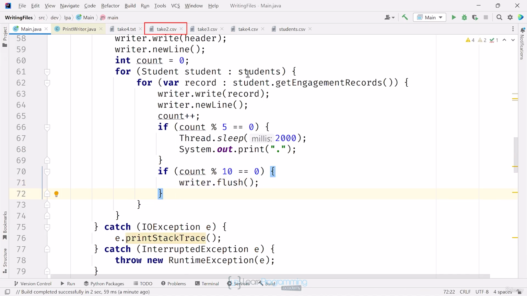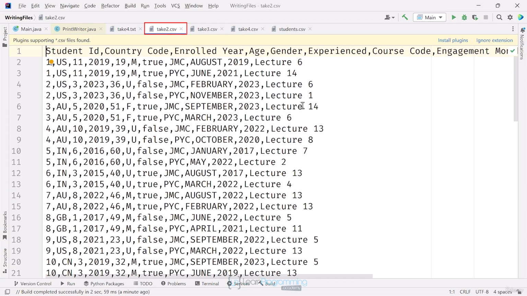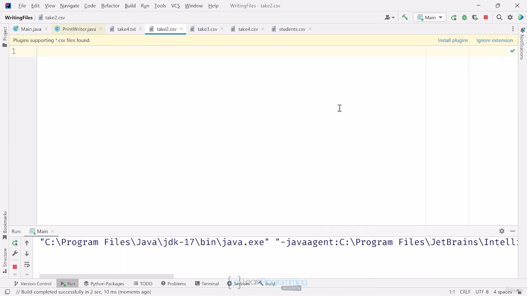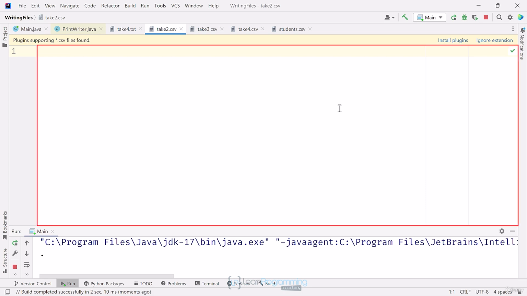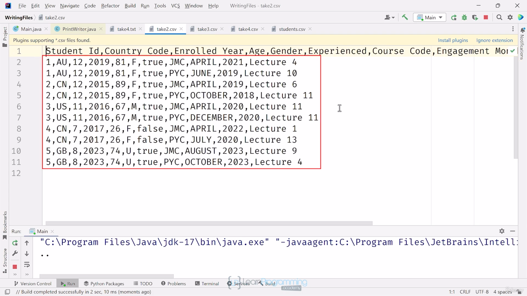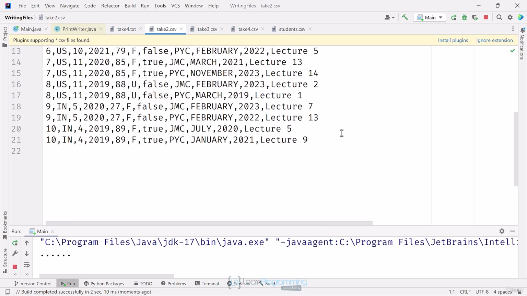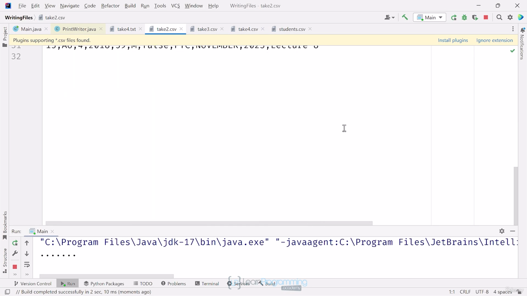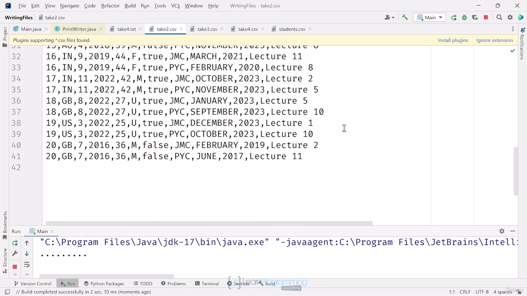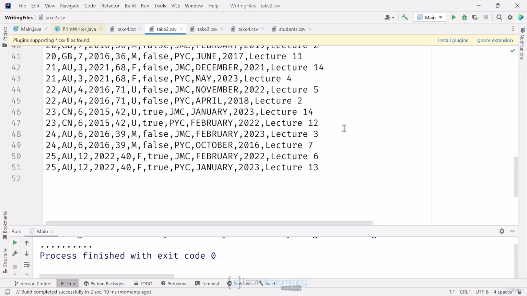I'll save this code. I'll open the take2.csv file again. I'll start execution on my main method while I have this in view. I'll start pressing Ctrl+Y regularly. Like before, I'll first see all the text that was there get truncated, but after 2 dots, I'll see 10 records for the first 5 students. After 4 dots, I'll get 20 records displayed, and so on. This demonstrates that the buffer is flushed after every 10 records versus just allowing the buffered writer class to manage